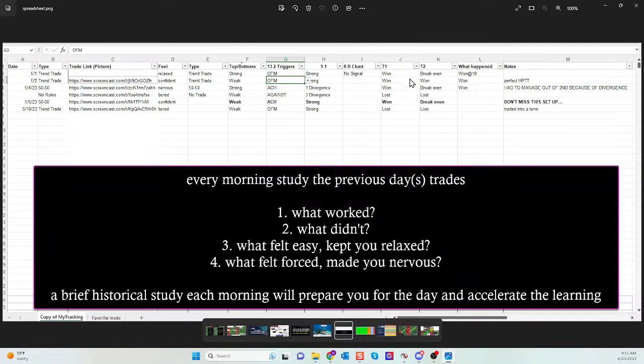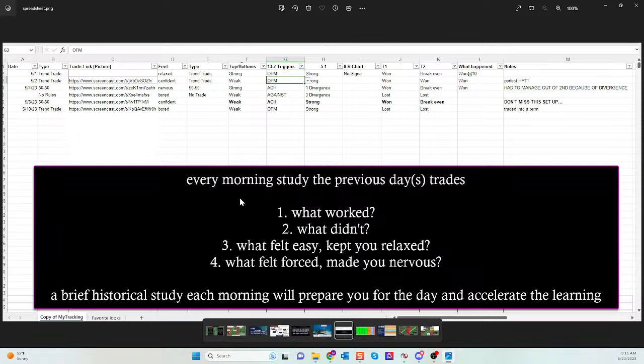Guys, what you're doing is you're tracking your progress. You're looking at what you're doing every day. And then you can put notes out here. If it's perfect, mention that it's perfect. Mention that you never want to miss it. If you break a rule, it's okay to break a rule, especially on simulator. This is when you want to do it. But put in there, hey, I broke the rule. This is probably why it didn't work out as well as I had hoped.